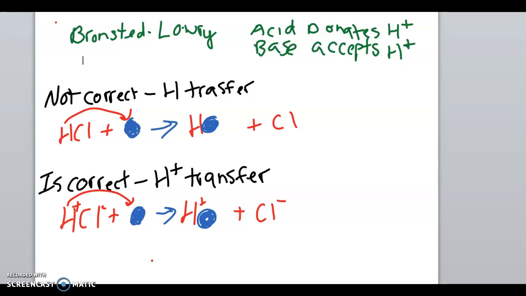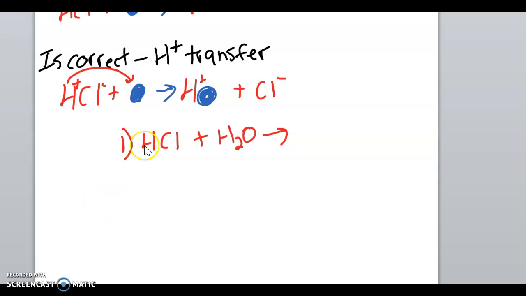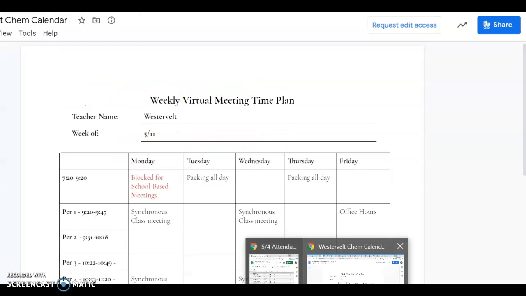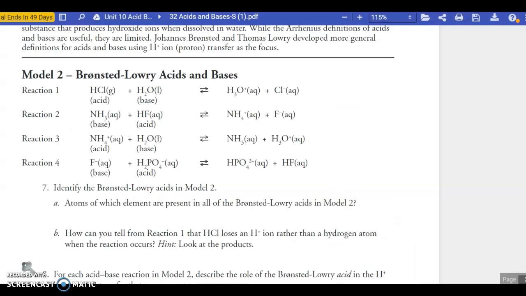And let's just do some practice problems with something other than blue blobs, as much as I love blobs. Okay, so for my first example, I'm going to do the one that we were working on in class, which is hydrochloric acid reacts with water. And I want to figure out what the products are together instead of just looking at what the products are on the board. So we know that HCl is the acid because you can just check. I know they both have H first, like water has an H in front and HCl has an H in front. But if you check your reference table and see,